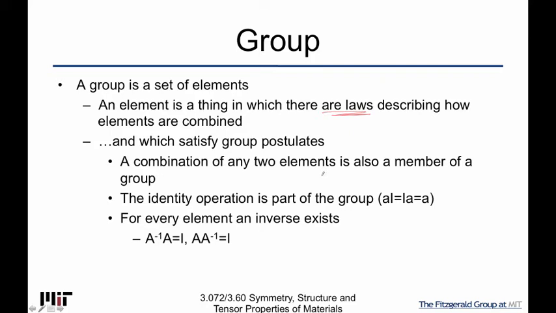So if I have two operators, and that's what we're gonna have, because remember, these mirror planes, the rotations, they're all operators, right? So a combination of any of those two, if they result in a new operation, like we've talked about, then that operation is also an element of the group,